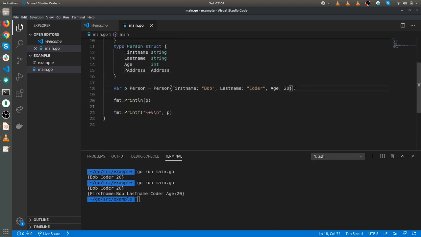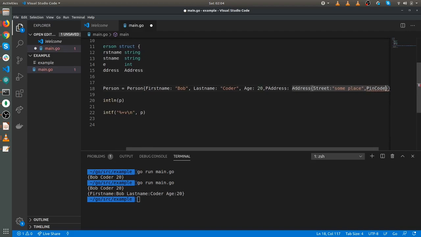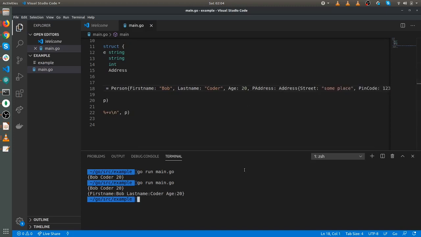Now let's assign the value: person address, street could be some place, and pin code could be 12345. Now run the program. Here you can see that it printed the address inside our person struct.